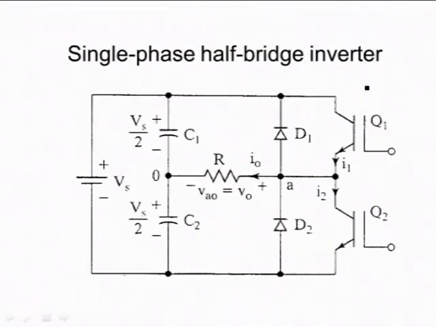So, let us today study the single phase half bridge inverter. In a single phase half bridge inverter, we have two choppers. It can be a BJT, a MOSFET, or an IGBT. We have two diodes D1 and D2. These diodes come into the picture only in the case of an inductive load, and we have a single voltage source Vs. A 3 terminal DC source is required.